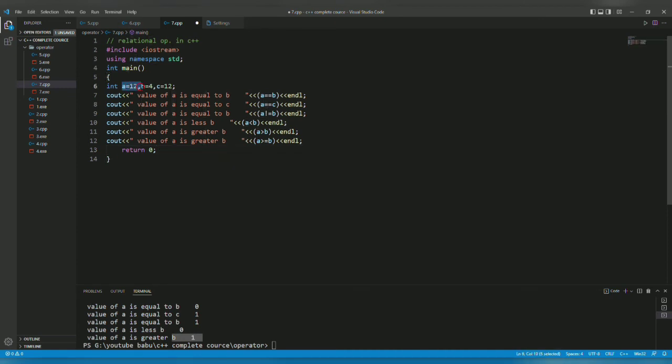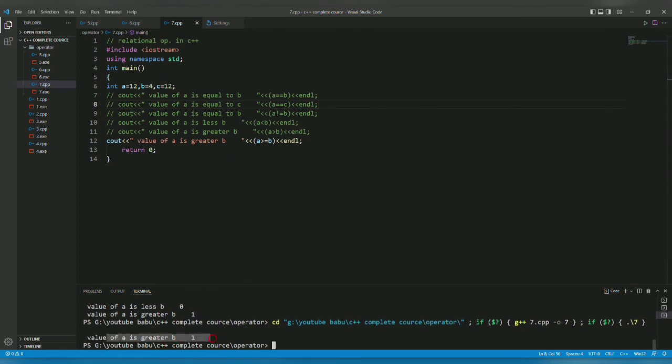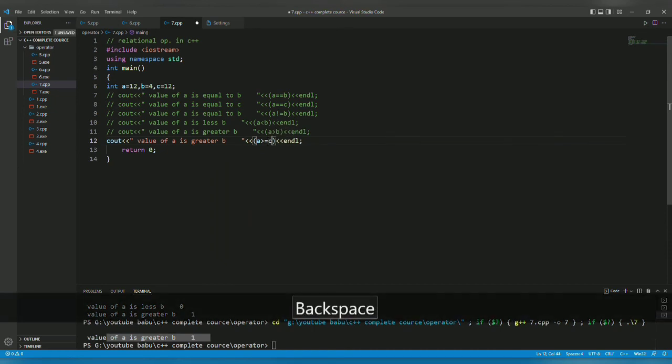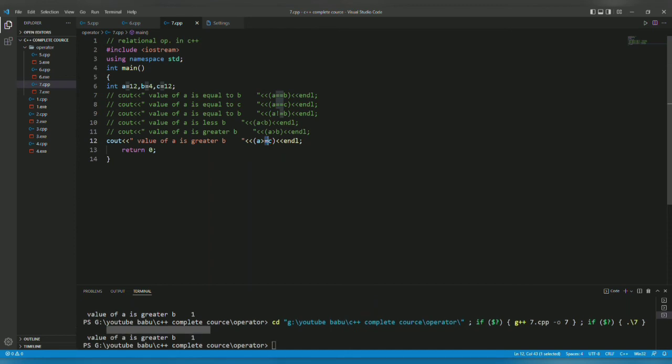Now you can see a is greater than b, so it will give the value 1. I will comment this. Now if it is equal to c, let's check out for c. So this is equal to c, that is why it is giving the value as 1.